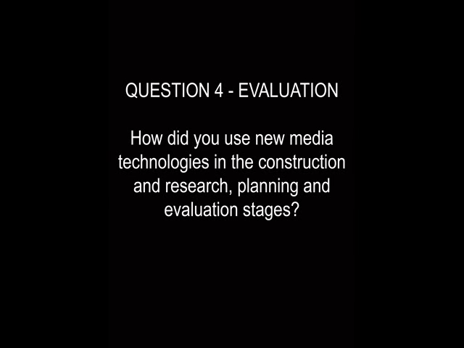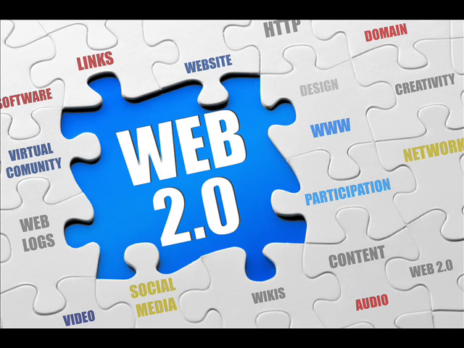How did you use new media technologies in the construction, research, planning and evaluation stages? Web 2.0 was the second stage of development of the Internet. This development was characterised by the change from static web pages to dynamic user-generated content and the growth of social media. In more simplified terms, this advancement changed us as users from consumers to prosumers,